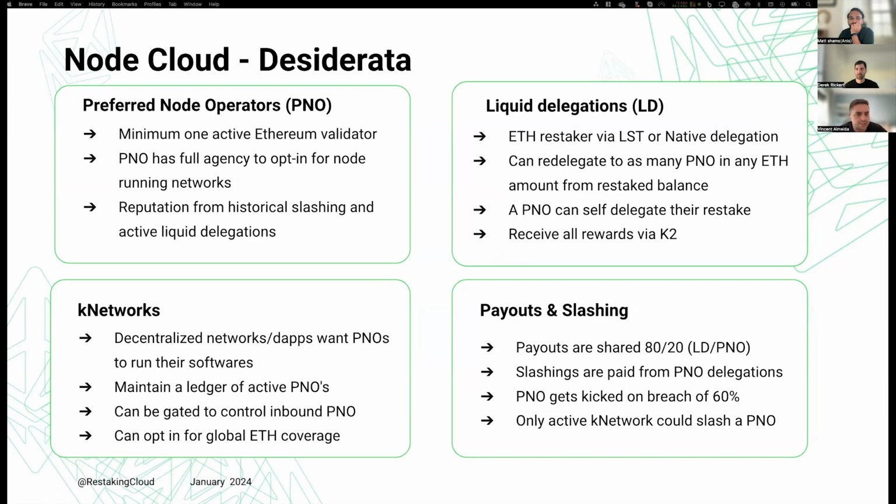Node Cloud just says you need to have some kind of proof that you are already doing node operations on Ethereum. So that's one active Ethereum validator. How do you represent that on chain? Well, that's the native delegation feature that Matt was talking about. So that takes care of that. But you just need to be running one active validator. If you're not running one, you're not eligible for P&O in the first instance, right? So there is full control over